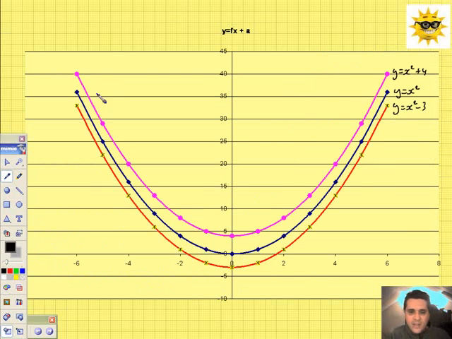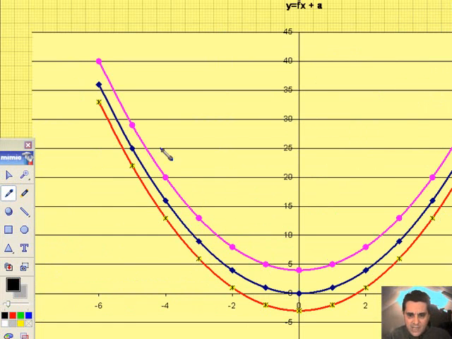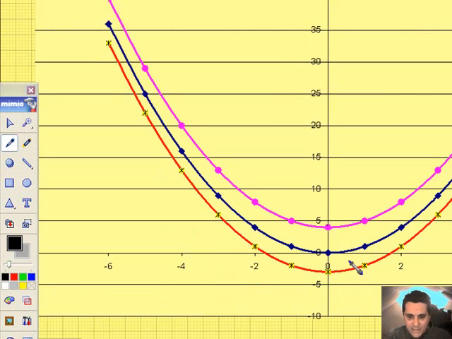Now let's just study these. Well, there's y equals x squared passing through 0, 0. And here is y equals x squared plus 4 passing through the key point there of 0, 4. And the red one is y equals x squared minus 3. So it's passing through the point 0, minus 3. Very sensible, very straightforward. So this kind of transformation, where graphs move up and down the y-axis, is very easy